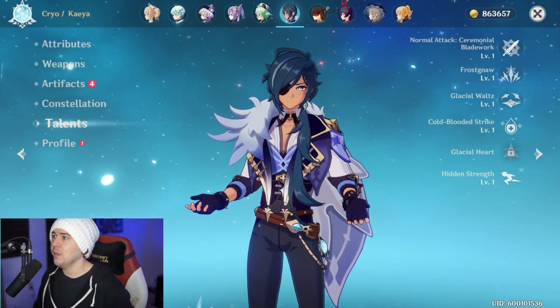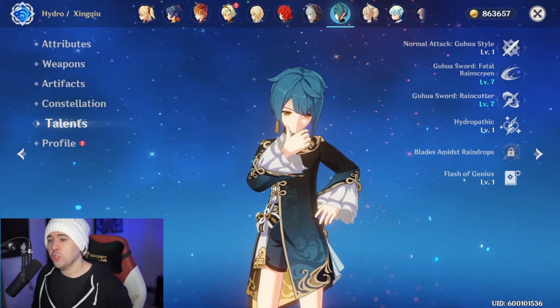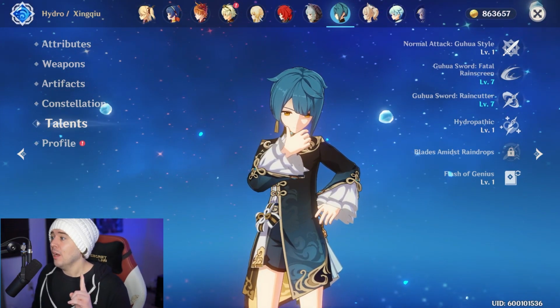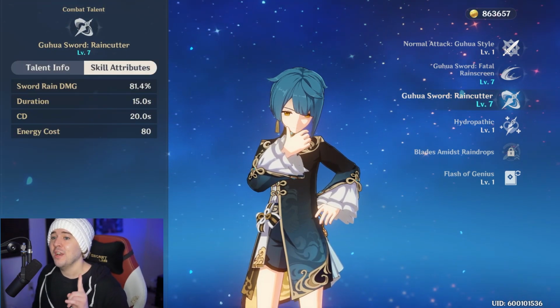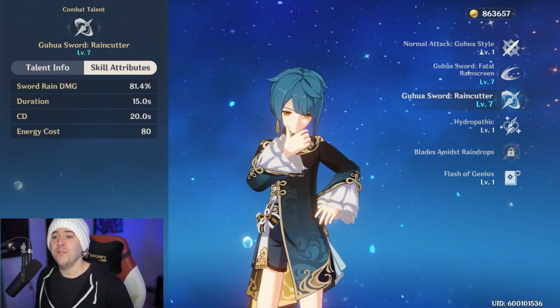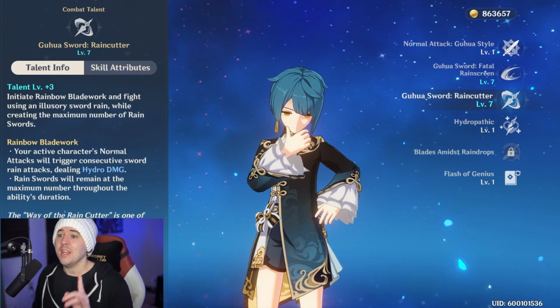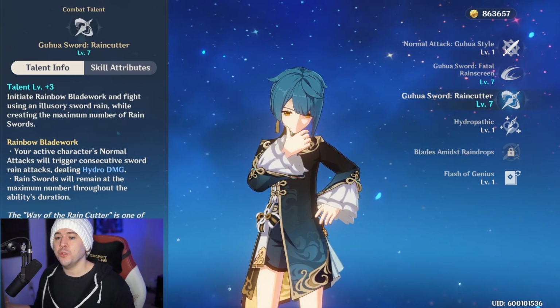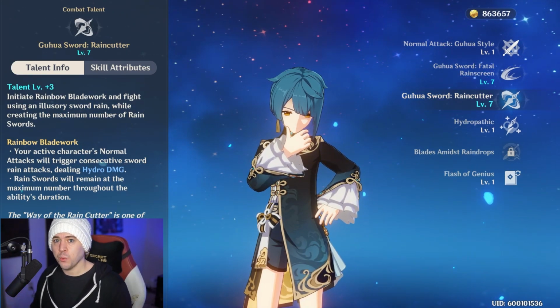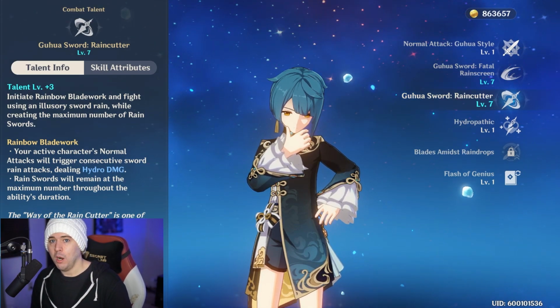The other character that you can utilize here as well is going to be our boy Xingqiu. Now, Xingqiu's elemental burst, guess what? It also lasts 15 seconds. So you have 3 different elemental bursts that all last 15 seconds, exact same duration. The way that this one works is when you use a normal attack, it's going to trigger his Rain Sword swords to come out, and they're going to inflict Hydro on the enemy that you are attacking,